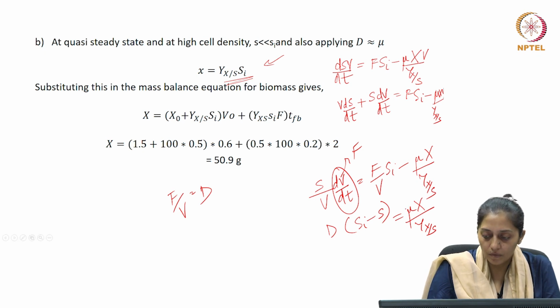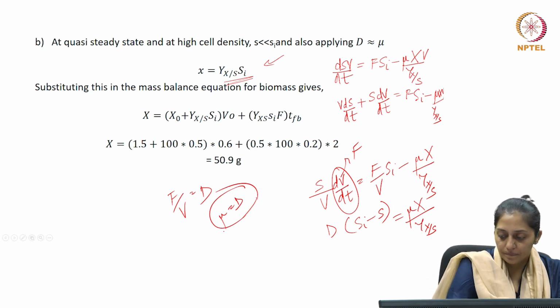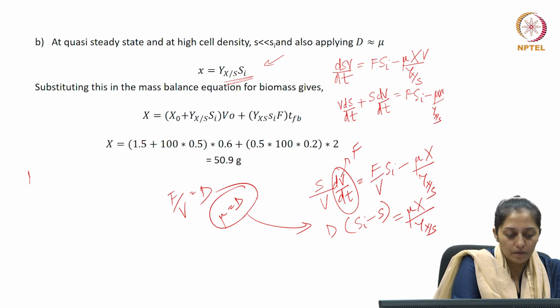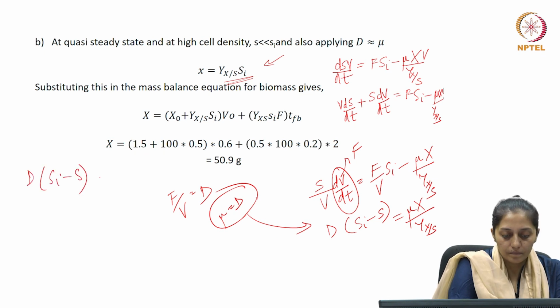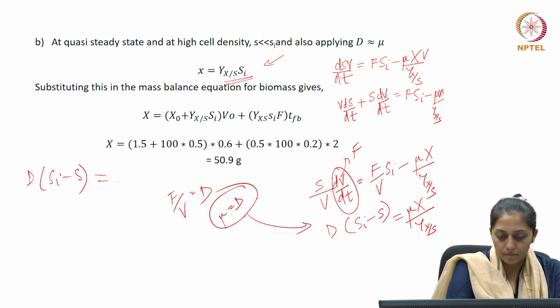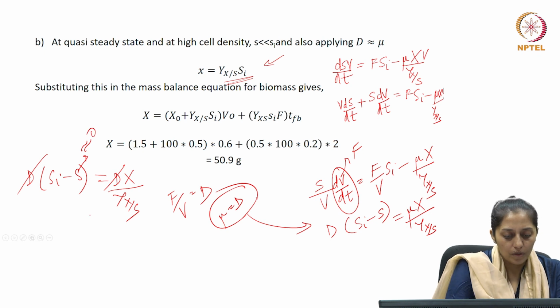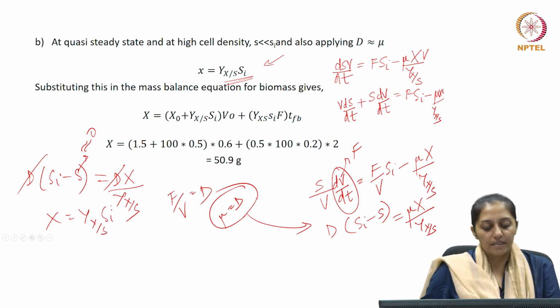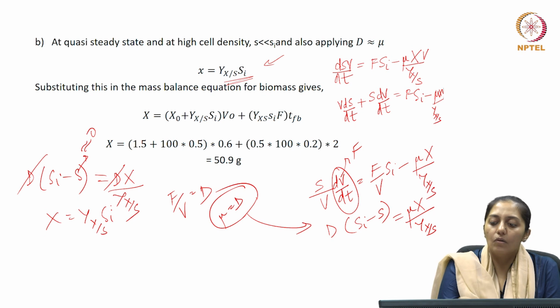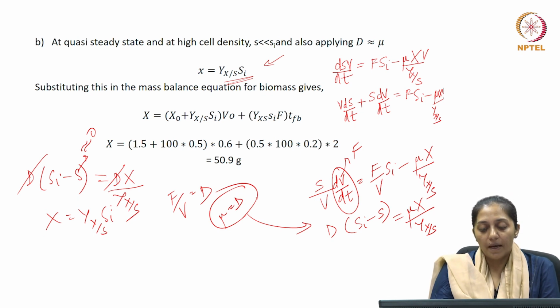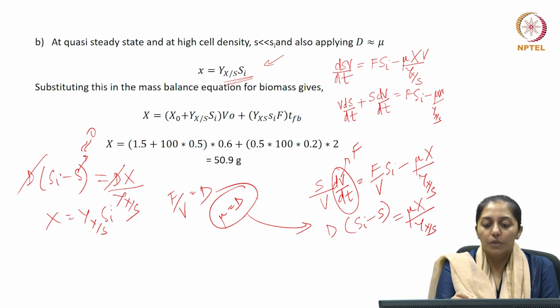At steady state, we know mu is equal to D by the biomass balance. So, if we substitute this here in this equation, now S is nearly 0, which was 0.2. So, we can say that X is Yx/s into Si. So, this is how, with the substrate balance for the fed batch reactor, we have been able to achieve